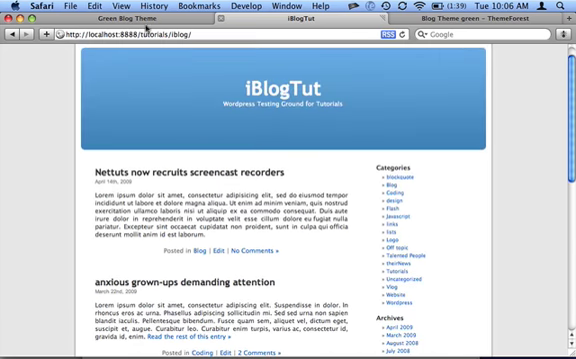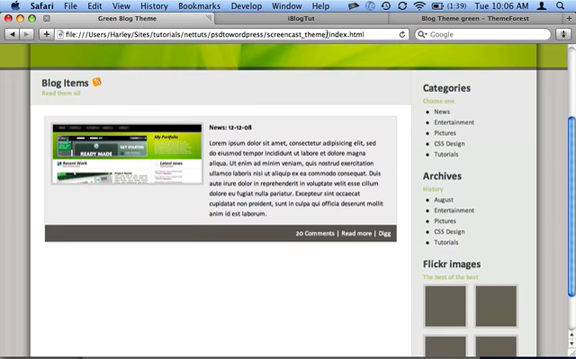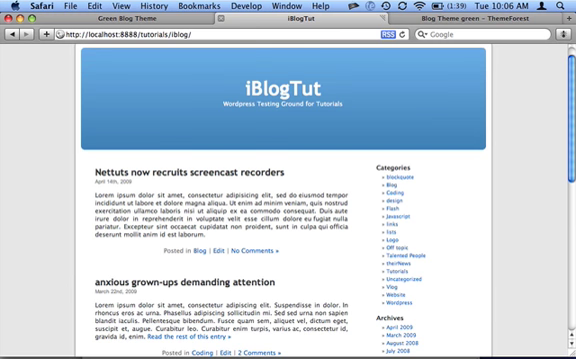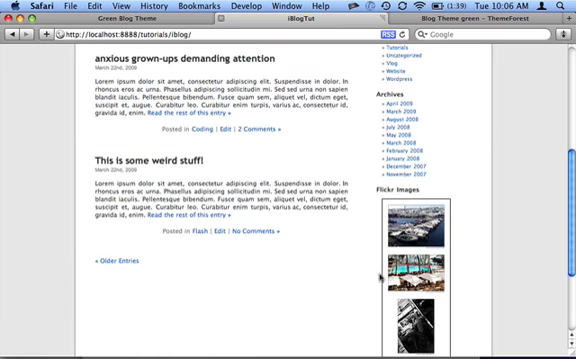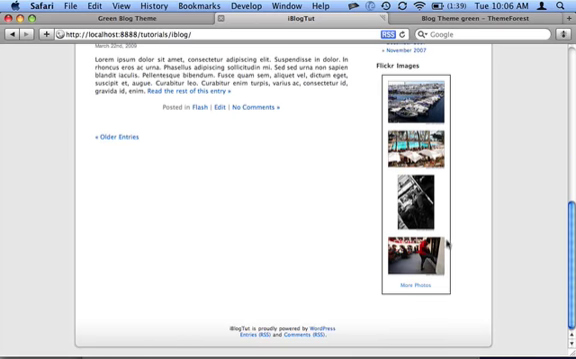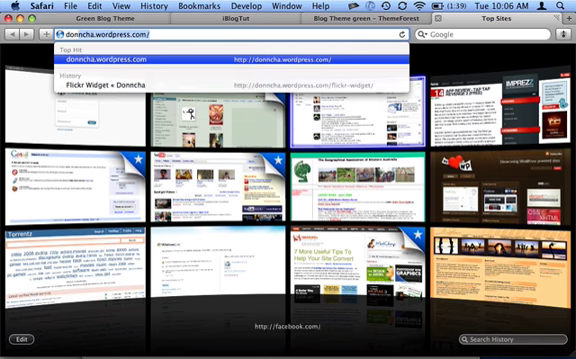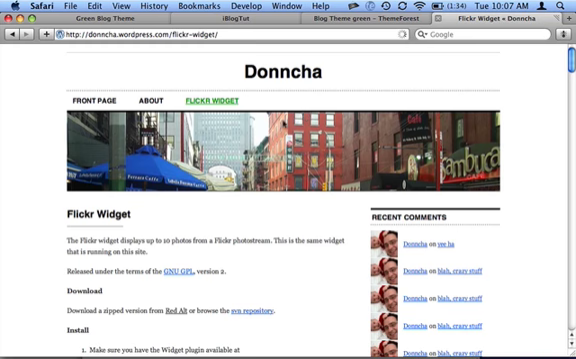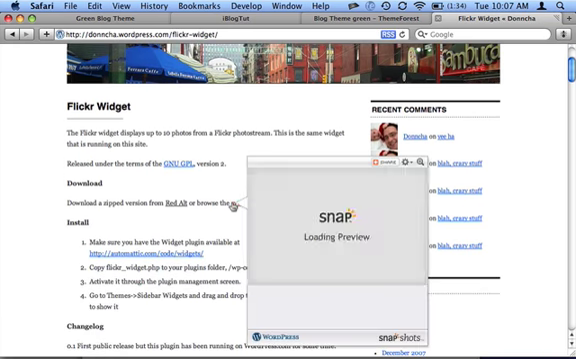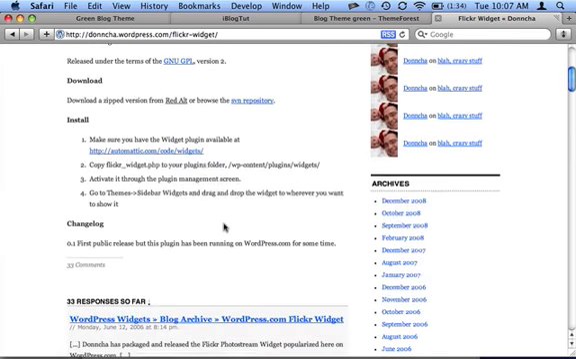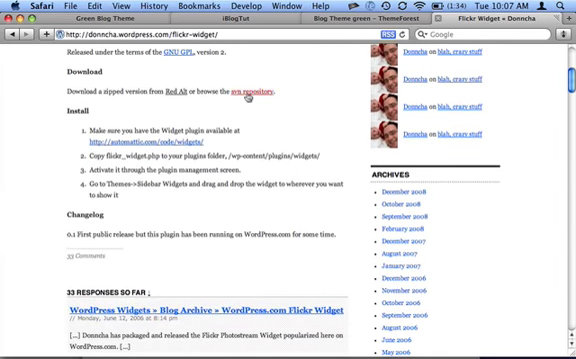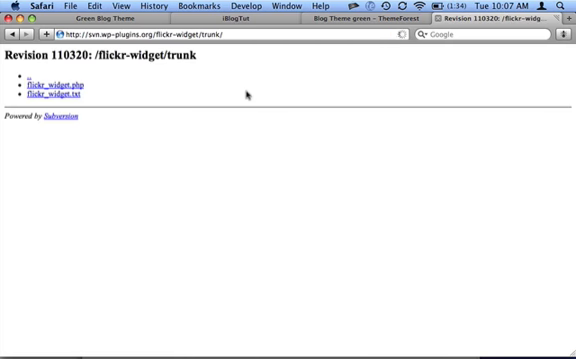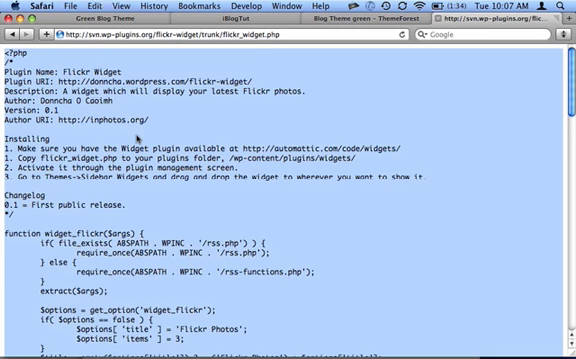Now, here we've got categories, archives, and Flickr images. So what we're going to do, just to install this quickly, is you need to go to doncha.wordpress.com/flickrwidget, and we'll go, where is it? SMV repository, and you just want to grab flickrwidget.php, copy it all,